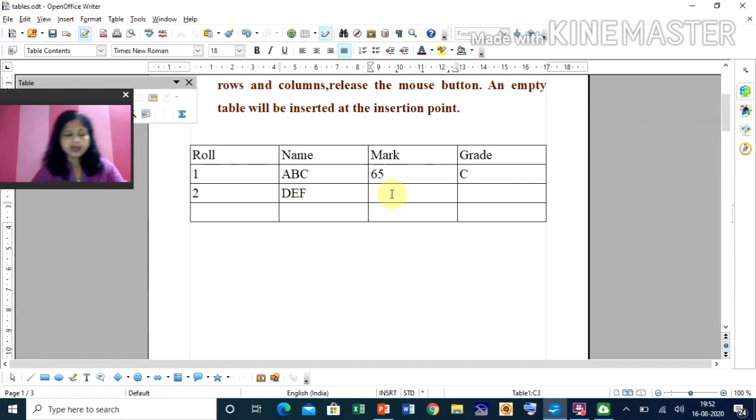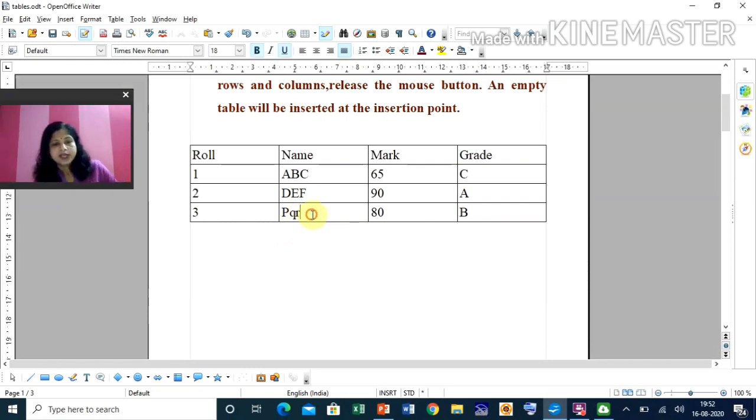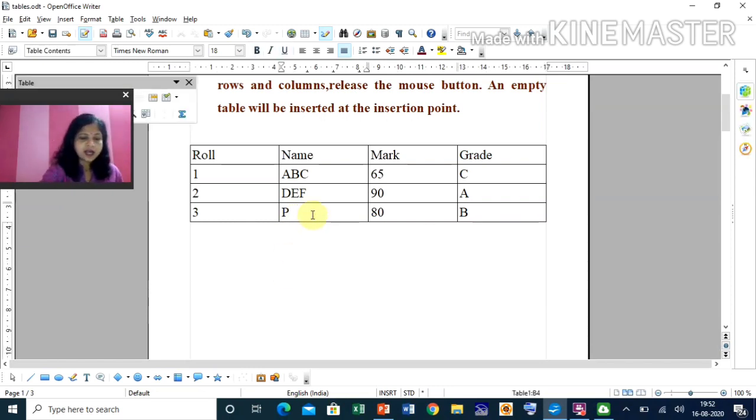Next here you can enter the mark, then suppose you can write here A grade. So this way you can enter all of your data inside the table. Okay, so this is a table where you see all the data entered.